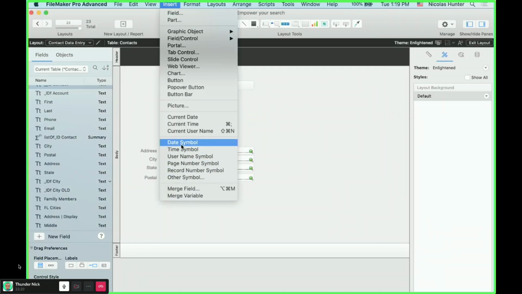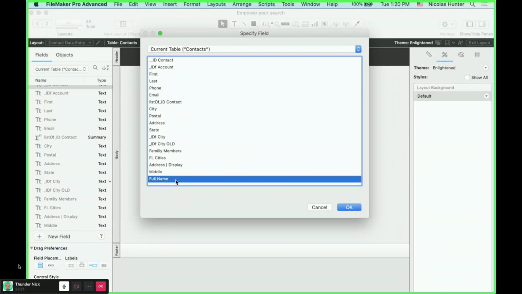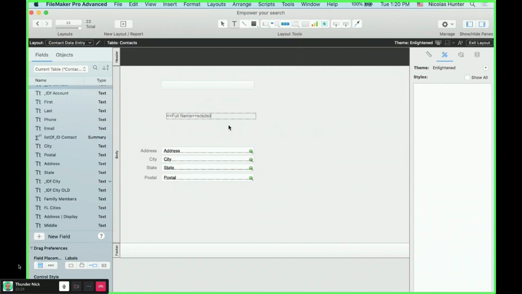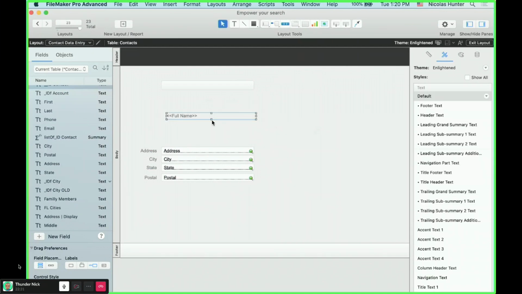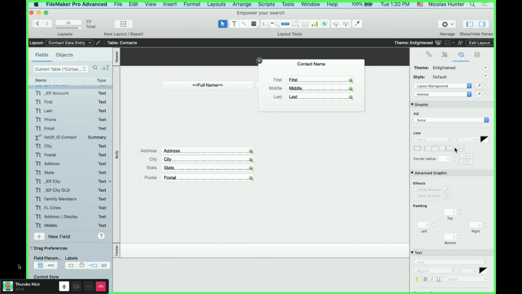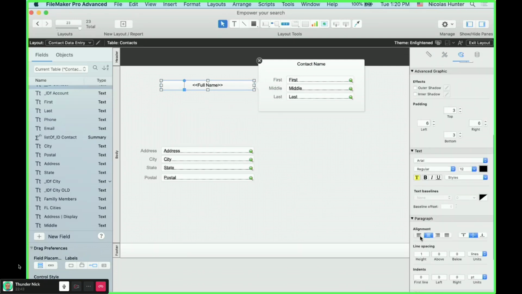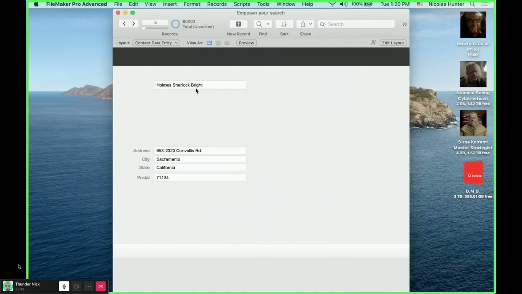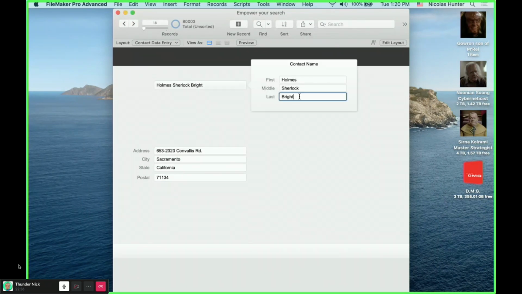That means a field becomes a text. That is the layout. This is text. It's a text block. See, you can add text if you want. Okay. So you copy this and you put that here. Okay. So now here is how it looks. So I have home, Sherlock Bright living at address Sacramento, California. If I change the name,